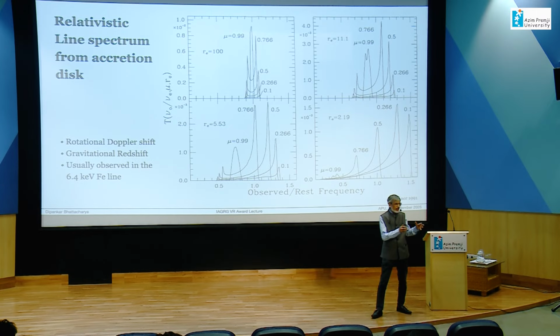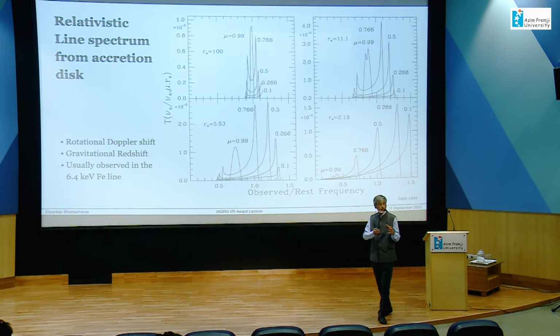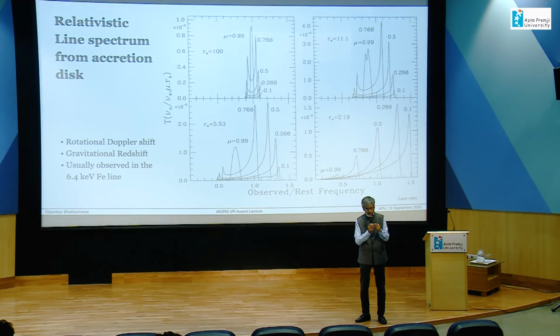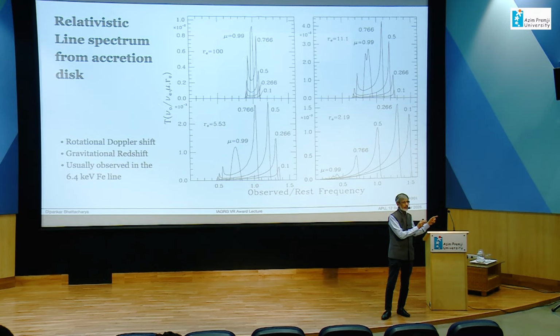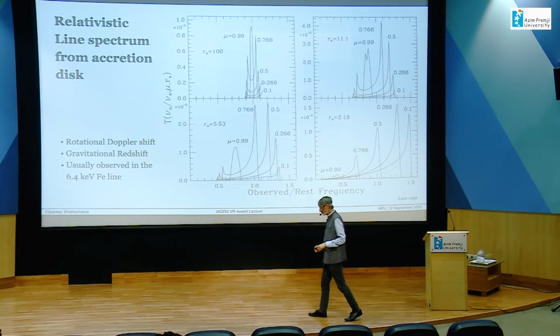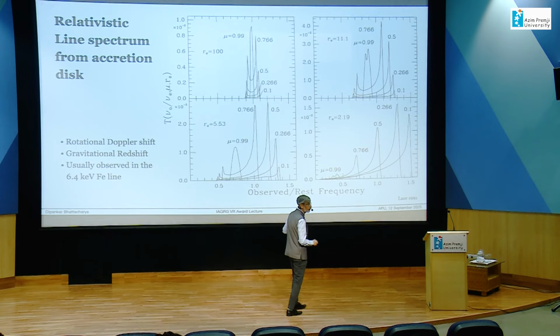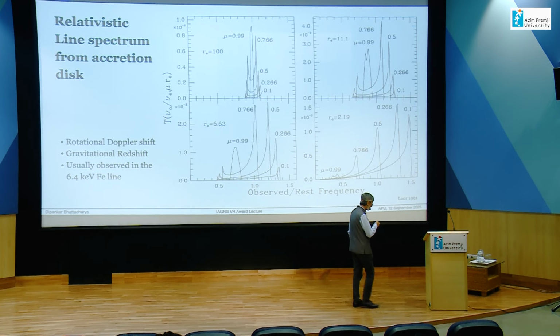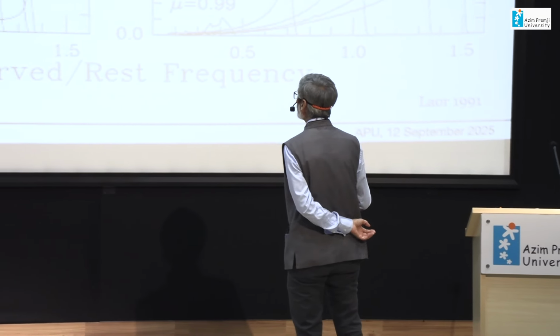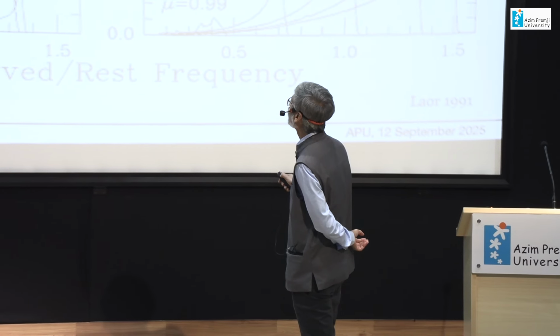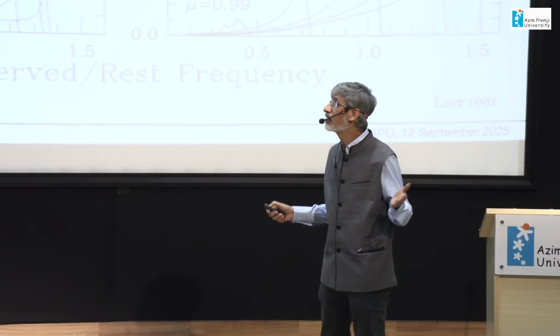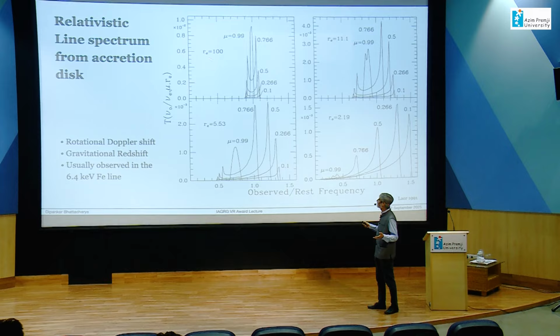And this whole thing is situated in a region of strong gravity. So there is a total gravitational redshift. So you have this widened profile because of rotation, and shifted to longer wavelengths or lower frequencies because of gravitational redshift. So when you put all of that together, these are predicted line profiles